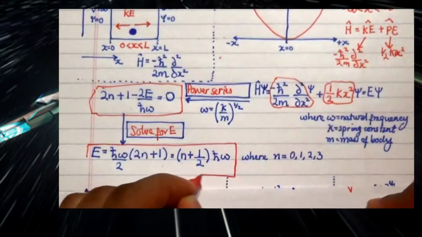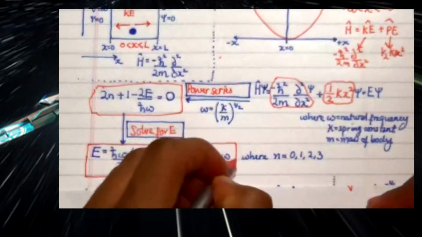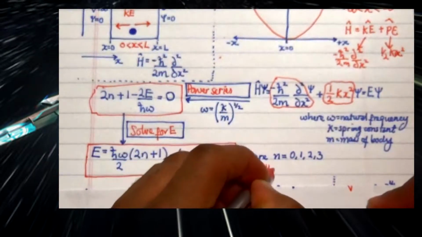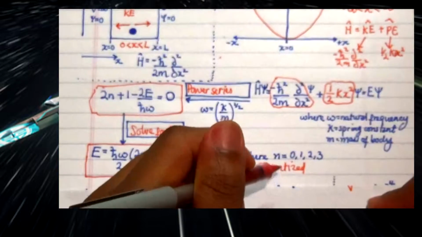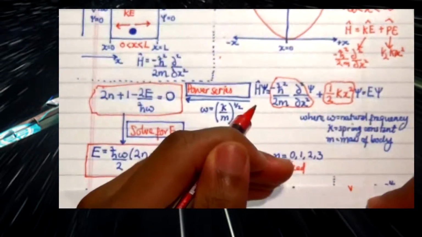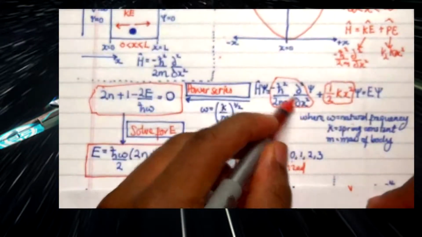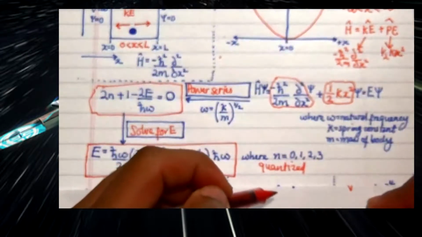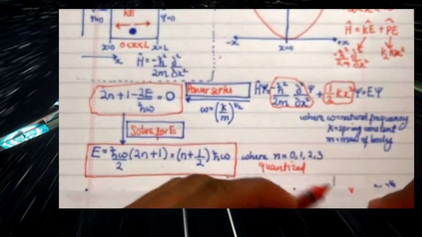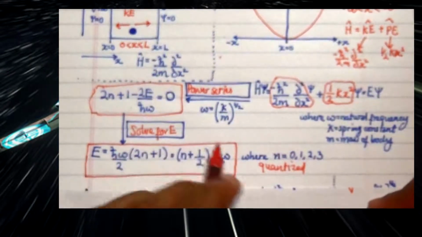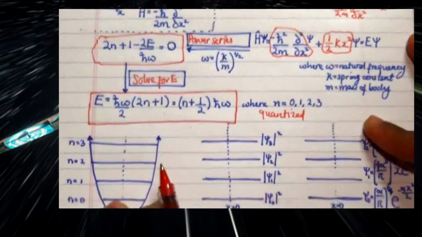Now take note that this formula is actually the energy of our system, and the energy in here is noticed to be quantized. This quantized state is reflected as the energy of our harmonic oscillator state, where the energy levels are quantized after the Schrödinger equation is solved. Take note that n starts from 0, then 1, 2, 3, 4, 5, all the way to infinity, and this energy is represented as this diagram, which is shown here at the